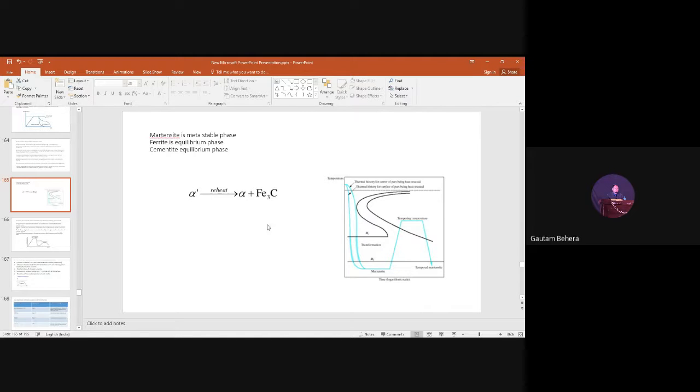What is the difference between pearlite and this kind of structure? Sir, pearlite is exactly at eutectoid composition. Forget about the eutectoid composition. If it is hypoeutectoid steel, pearlite will also be there, but ferrite plus pearlite will be there, right? But my question is, what is the difference between this one and pearlite? This reaction and pearlite, what is the difference? A few minutes before I told you something. Which one is the matrix? I have told you something, matrix and something.